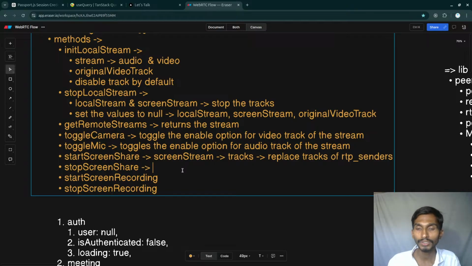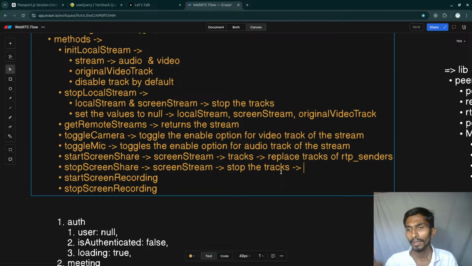And when it comes to stop sharing the screen, at that time, first of all get the screen stream, stop the tracks, and once I stop the tracks, after that what? One more thing, where else do I need to stop the track? So whenever I start sharing the screen, at that time I replace the track, right? I don't really stop the track, yeah. And over here I need to stop the tracks because I have stopped sharing the screen,